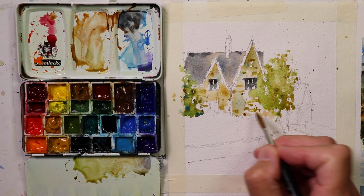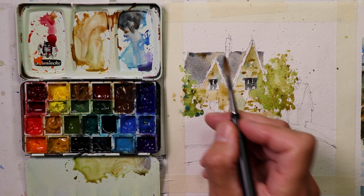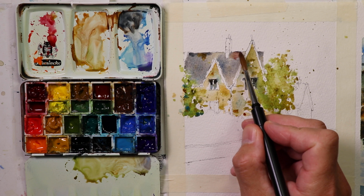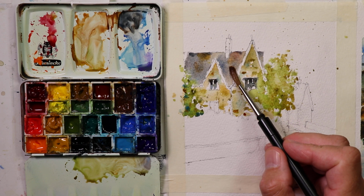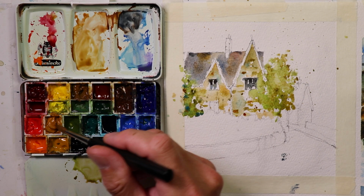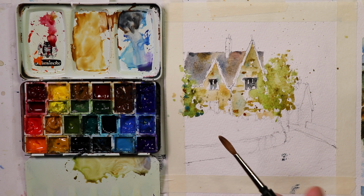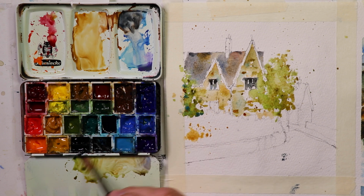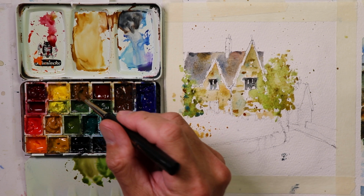Then we can mix in some alizarin crimson maybe with some of the stone, and maybe add a little bit of that alizarin crimson here and there just for some interesting color variation. But again, the raw umber and raw sienna and yellow ochre, that's kind of our main colors we're going to use here. And we'll continue over here, more olive green, sap green, raw umber,